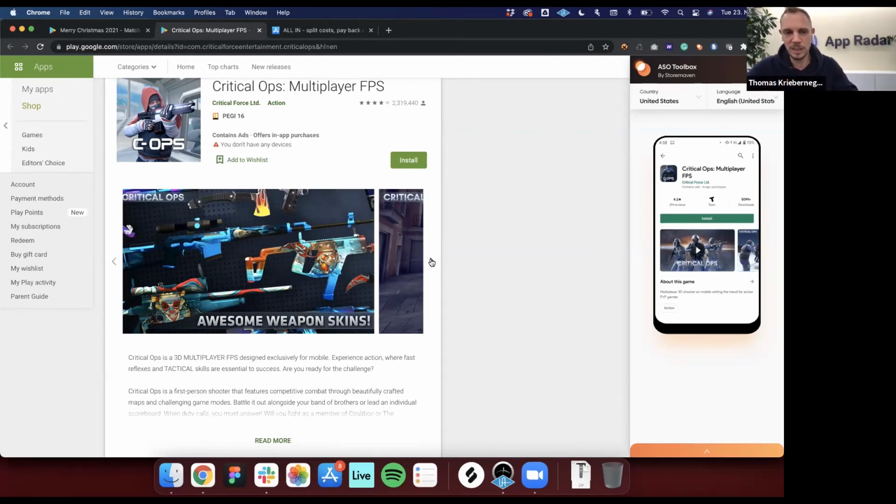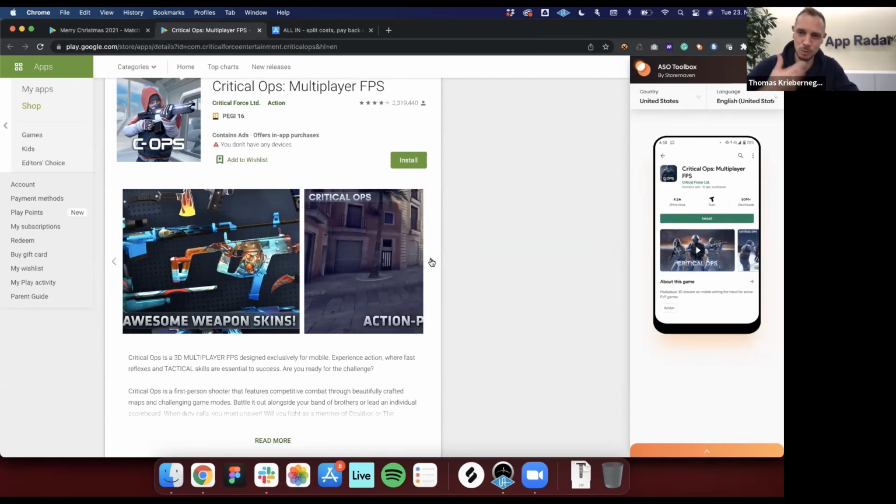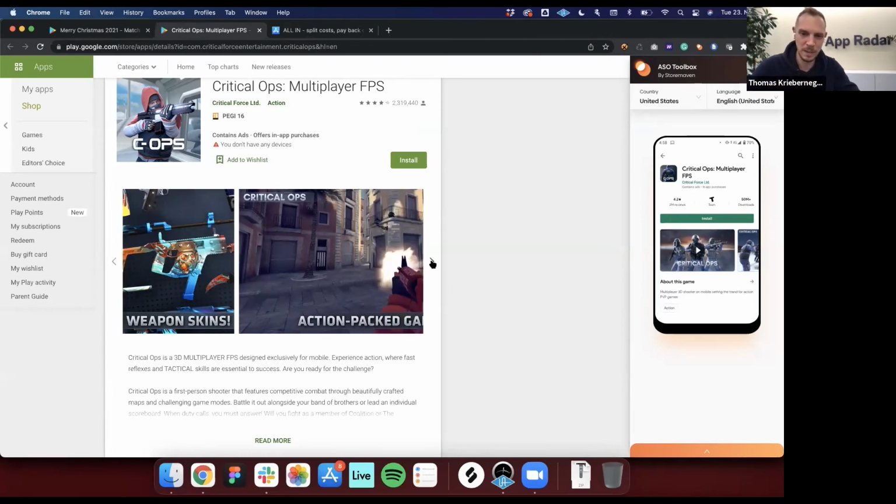But if it said, for example, "unlock unique weapon skins," then I would once again have a call to action, and I would get something that gets me going and motivated, because at the end of the day, I want to unlock awesome weapon skins. Also here, maybe seasonality once again: maybe there is a special limited offer of weapon skins only for the Christmas season. Then it would be a really great tip to mention this in the screenshots, or in in-app events, to think of bringing back people who already downloaded your game in the past.